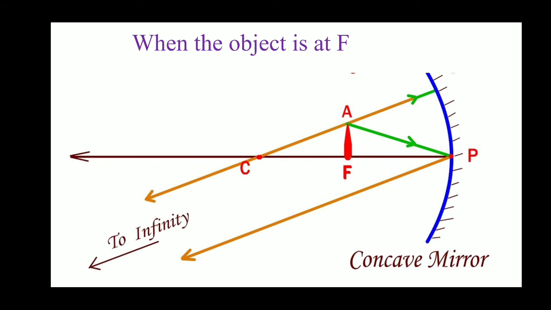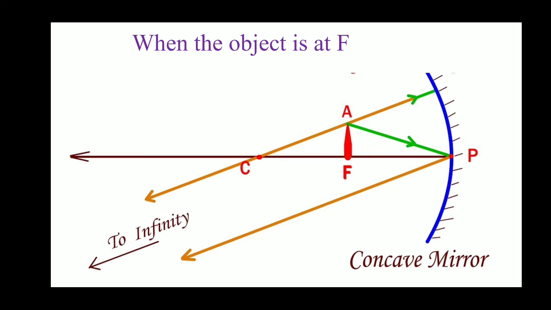Okay. Now the next one is, I keep the object at focus. This is the first incident ray, and this is the reflected ray, one of the conditions. And for the second one, I consider this the incident ray and this the reflected ray. Now see both the reflected rays. This is one reflected ray and this is another reflected ray. Both the yellow rays, you see, are parallel. Two parallel rays, will they meet? Actually, in reality, they will not meet, but they will meet at infinity.